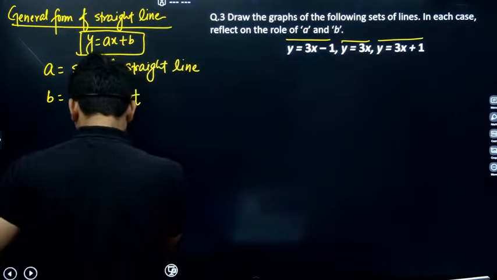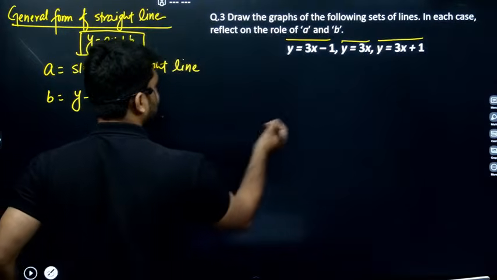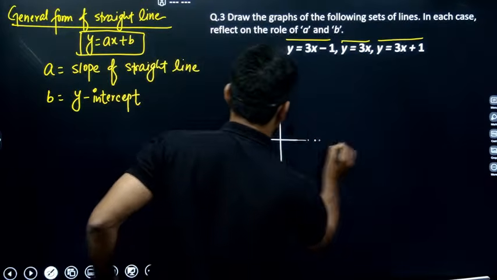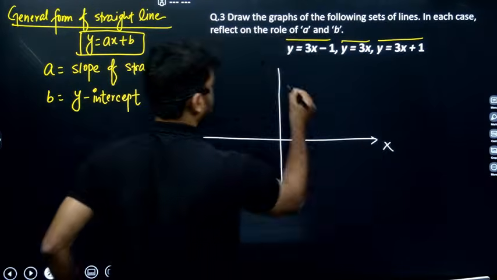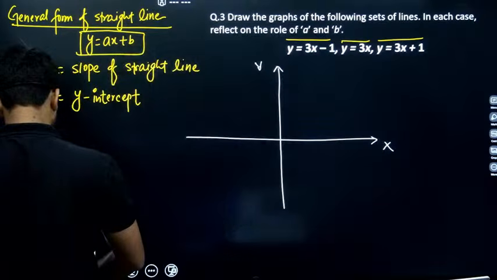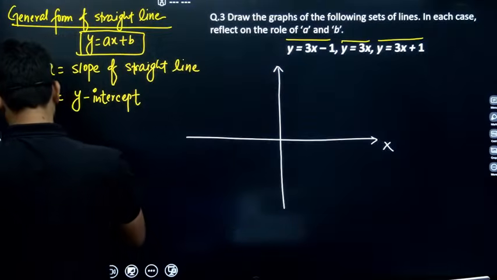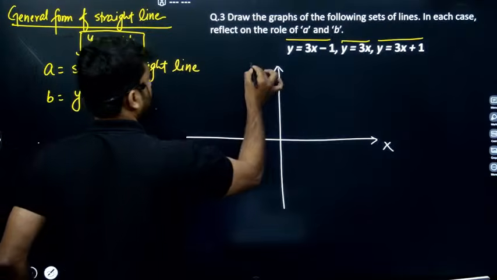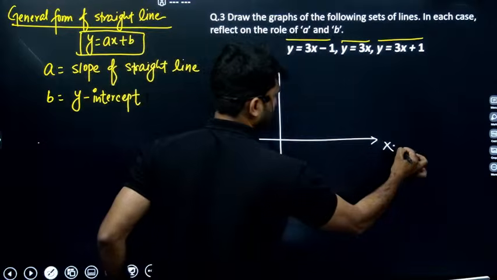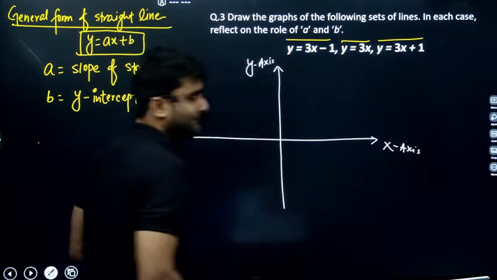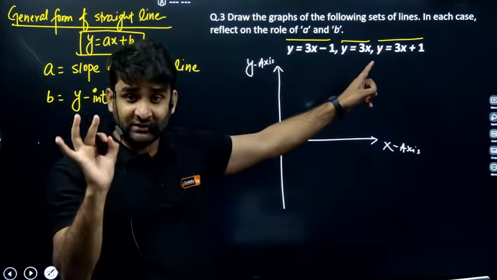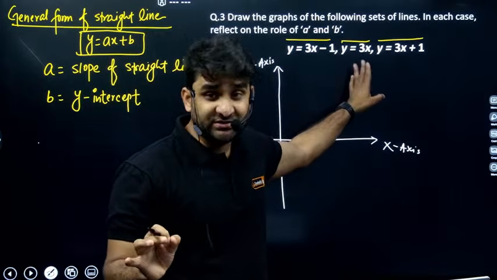To plot the graph of these three lines, we require an x-axis and a y-axis. So let's say this is the y-axis and I have the x-axis. This is the x-axis, guys, and this is the y-axis. Clear? Please focus here. My dear champion, the common part in these three lines is